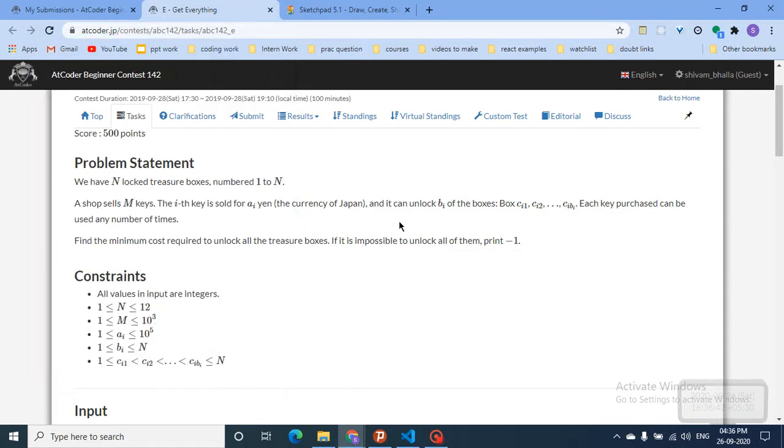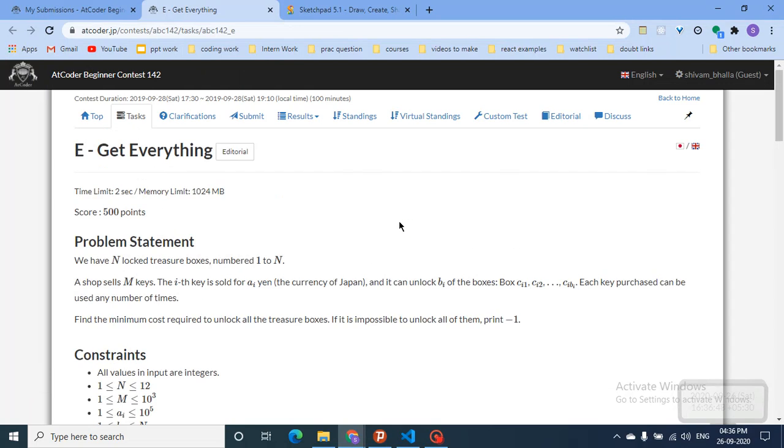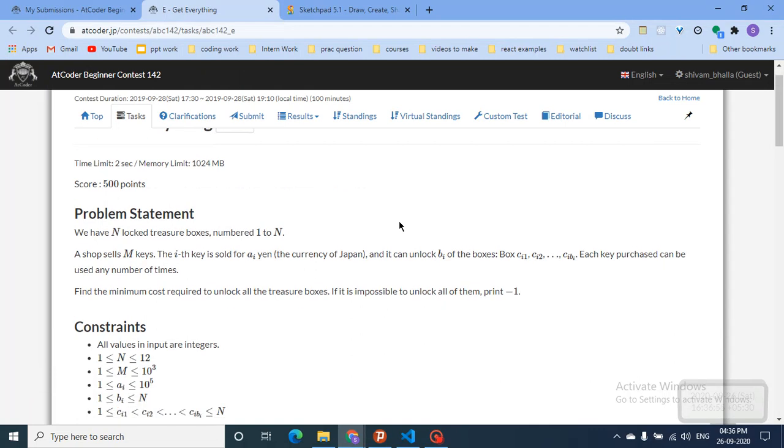Hello friends, so today we're going to discuss a problem from AtCoder Beginner Contest 142, problem name Get Everything. It's an E problem and the problem is based on DP with bit masking. First we're going to go through the problem statement and the explanation, and then we're going to understand how